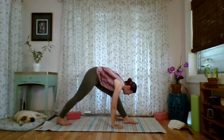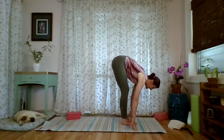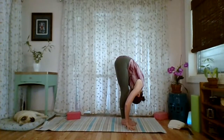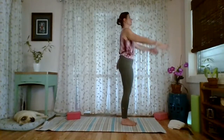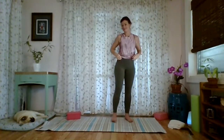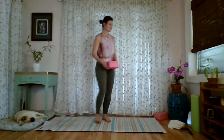Look forward, bend that left knee, step to the top of your mat. Inhaling, half lift. Exhaling, fold forward. Inhaling, stand up slowly. Bring your palms together. Look at your thumbs. Exhale, hands to heart center. Great job, everybody. That was really nice. A couple of sun salutations to open up those